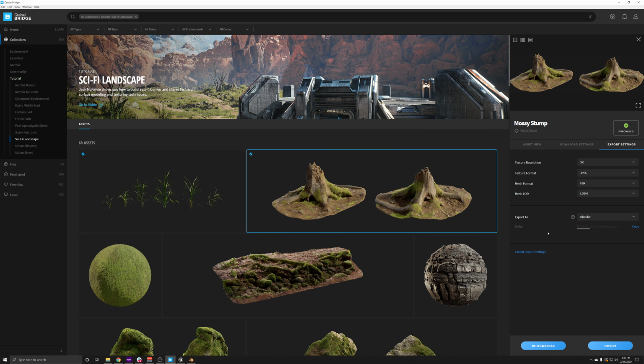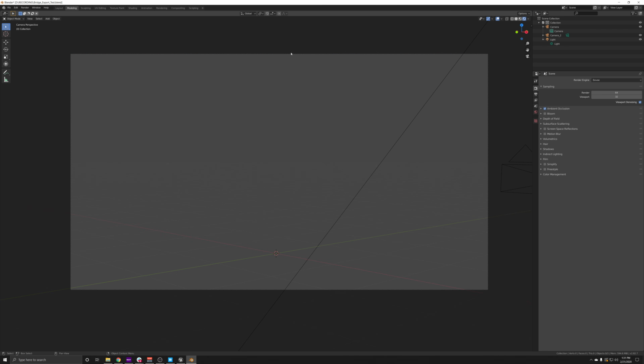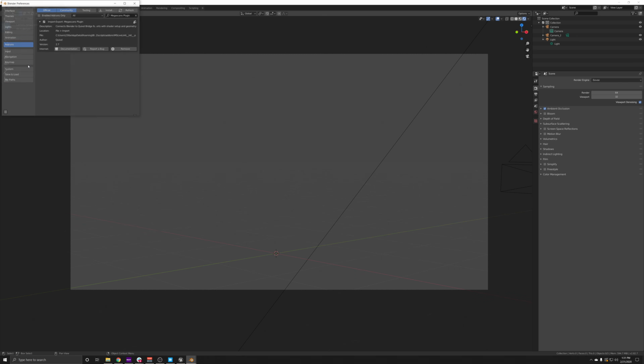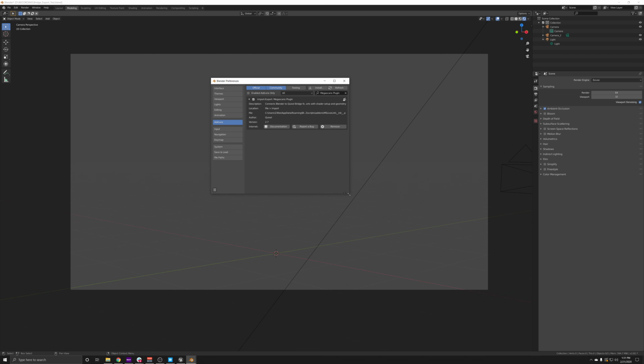But the premise is that you copy this script here, and inside Blender, I've already got a project open here. Basically, you go to Preferences, and then you go down to Add-ons, and let me put this in the middle of the screen for you.